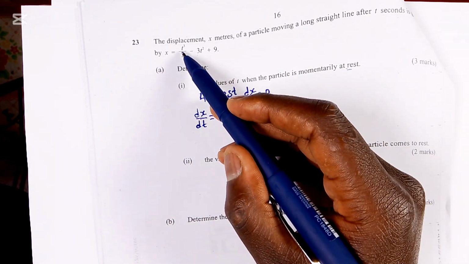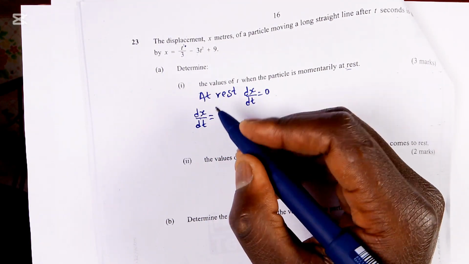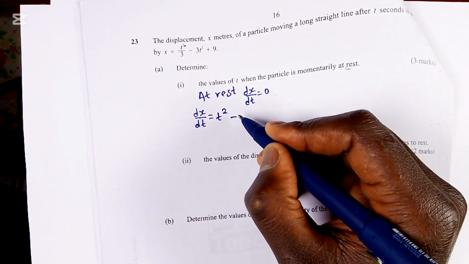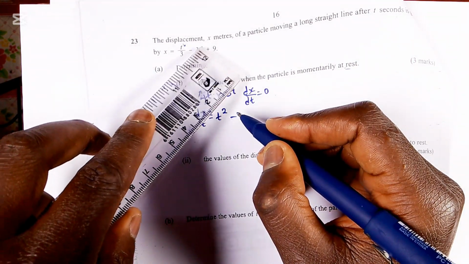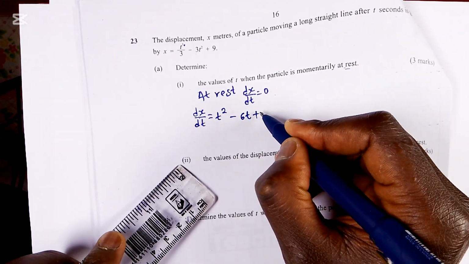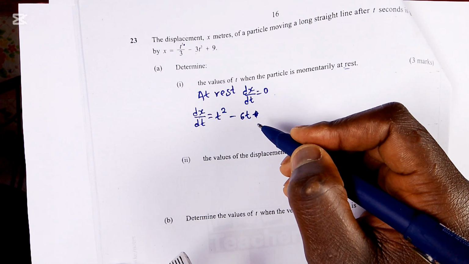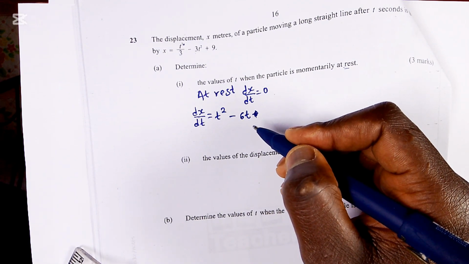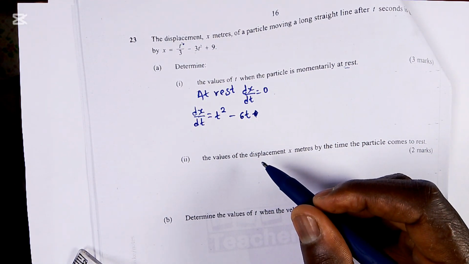so we are going to differentiate this. We will take the power 3 and multiply it with a constant, that is a third. So it is going to be t squared minus, so for us to differentiate 3t squared, we will multiply 3 times 2, which is 6t, plus 0, and that is our derivative. So having that as our derivative, we are going to determine now the value of t when the particle is